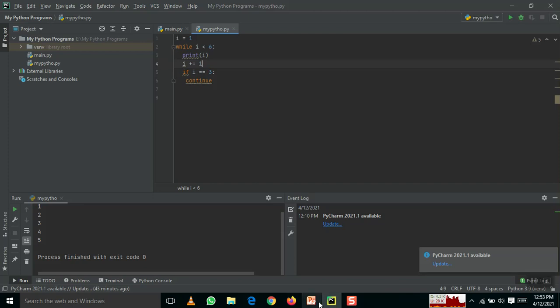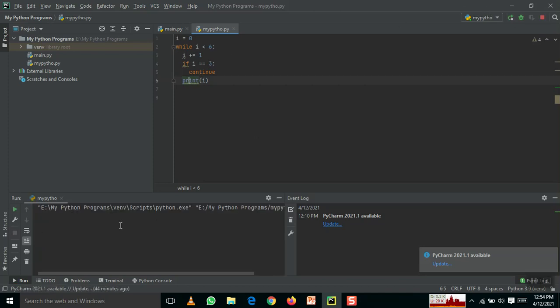Clear? So in the continue statement, what happens is that after continue I will be printing it. So 3 will be omitted. When I run this, 3 will be omitted, and as you have done in the for loop, here also the 3 will be omitted and the rest will be printed. It will continue. When there is continue and the condition is satisfied, it will continue by omitting that particular value.